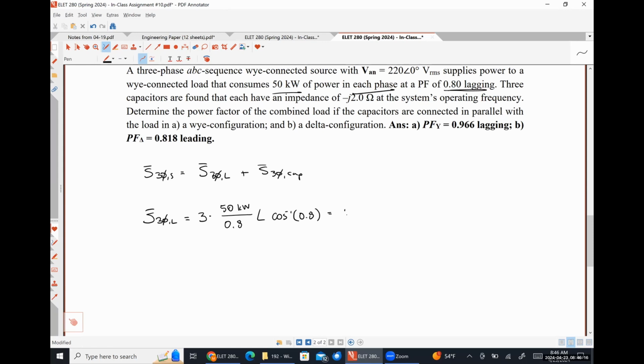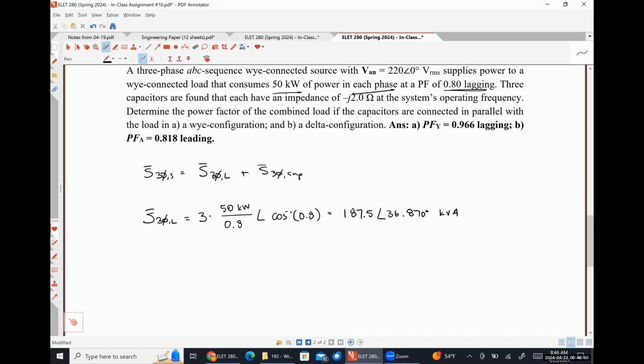Which I get to be 187.5 with an angle of 36. Why do I have that 3 out in front again? We need to account for all 3 phases. Absolutely correct. Okay. So now we need to figure out